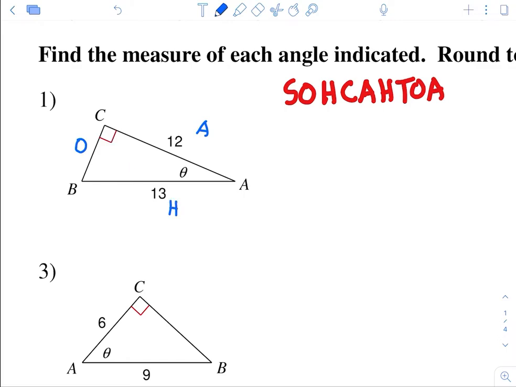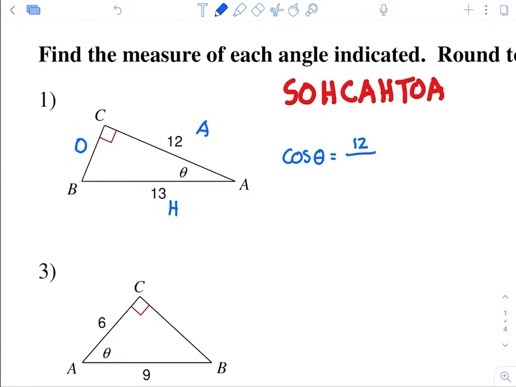When you take a look at this, you must ask yourself, where is there information? There's information on the adjacent side and on the hypotenuse. So in order to solve for theta, we have to use the one that has an A and an H. That's cosine. So cosine of theta is equal to